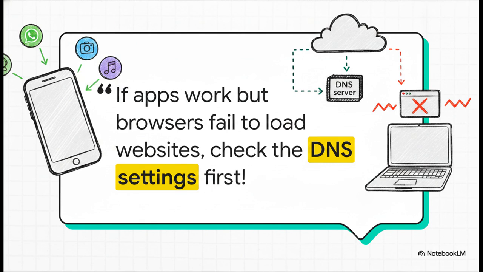Why? Because apps like WhatsApp often communicate using direct IP numbers hard-coded right into the app's software. They don't even need the phone book. They bypass the missing DNS server entirely. Knowing this exact symptom saves field technicians hours of wasted troubleshooting time on a physical line that isn't actually broken.